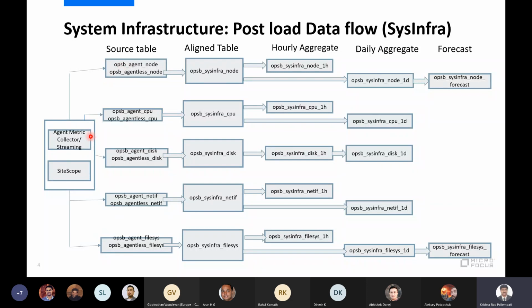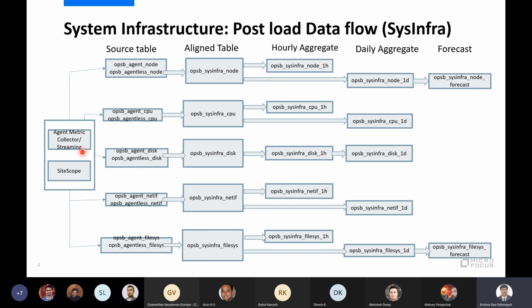For system infrastructure, we have two different types of source tables. One is for the agent and another is for the agentless. So for the site scope data, we are storing agent data into agent tables and agentless data into agentless tables. There are two different data flow mechanisms.